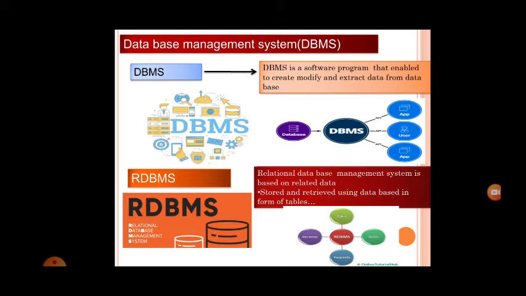For example, if you take a school record, it will be the student's name, not the teacher's name, and the student's ID, student name, then student address. So there is some relation between each column. All belong to the same class, so there is some relation. So whatever we are going to do in that particular table is nothing but the RDBMS. So RDBMS, relational database management system, is based on related data stored and retrieved using a database in the form of tables. As I said, we are going to create a database management system which has some relation between the columns or between the rows.